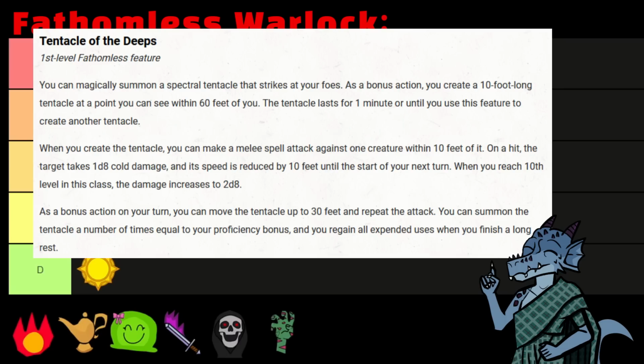Right at level 1, they get Tentacles of the Deep, and that remains incredible throughout your entire progression. It's a tentacle that whacks a creature to slow them down and does damage. It lasts for 10 rounds, and you can use it a number of times equal to your proficiency bonus. The incredible thing that makes this insanely powerful is actually the slow part, because it can easily be stacked with